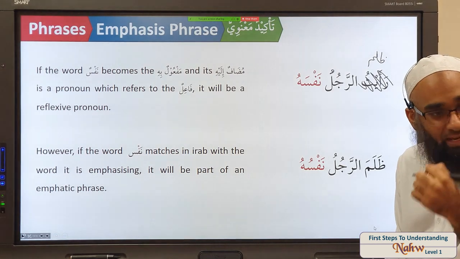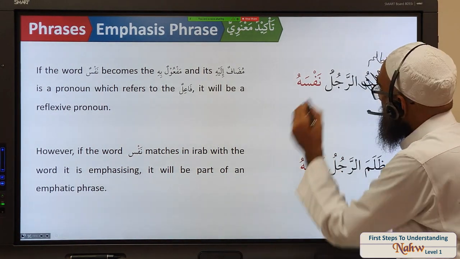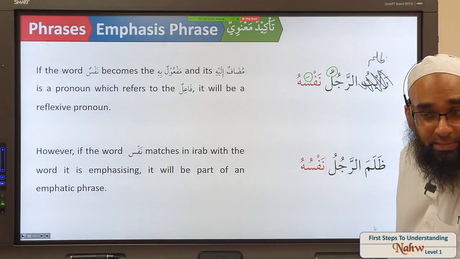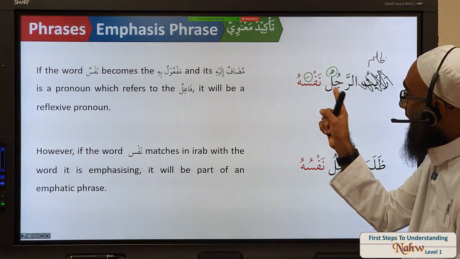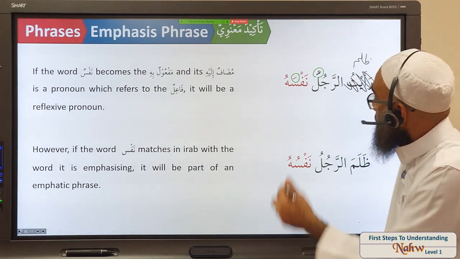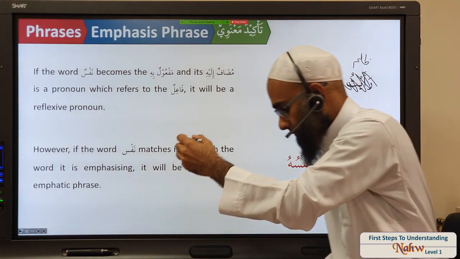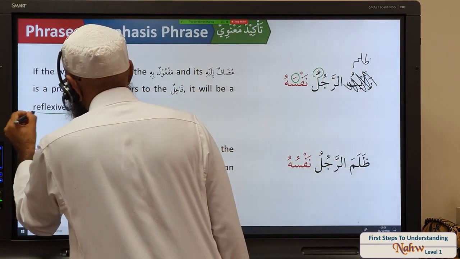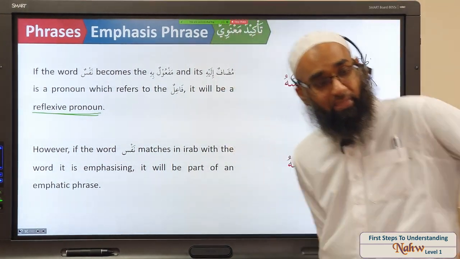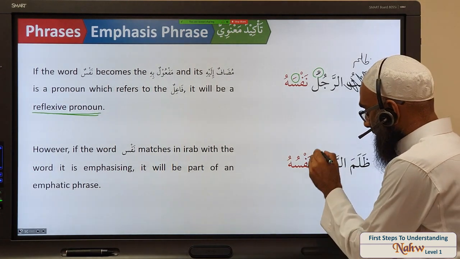The man wronged himself. Why? Do rajul and nafsahu match in i'rab? They don't match in i'rab. That means that rajul and nafsahu is not mu'akkad ta'kid, because mu'akkad ta'kid must match in i'rab. So if one is fa'il and one is maf'ul bihi, they don't match, and it becomes a reflexive pronoun. But if you have a scenario where they match in i'rab, like here, rajul is marfu,